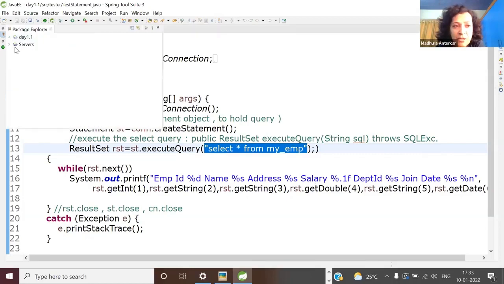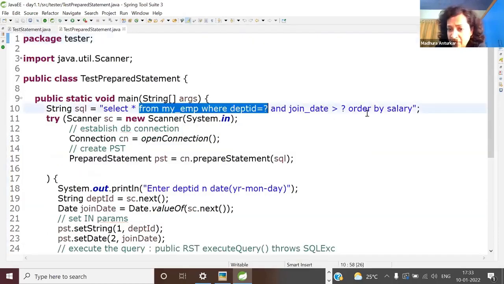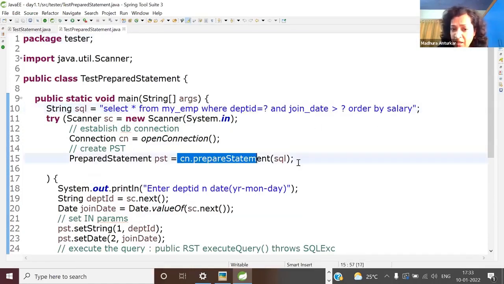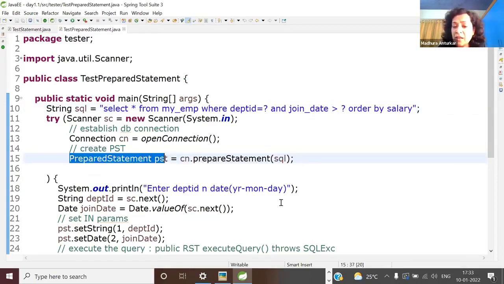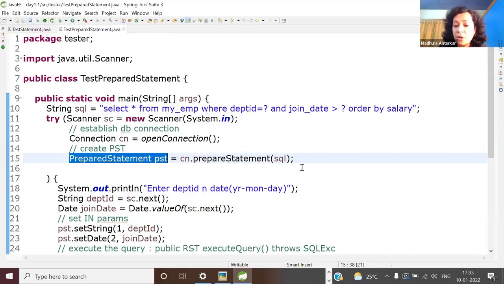Whereas what we are going to continue always using is a prepared statement. If you see prepared statement, the query is decided, with IN parameters or without IN parameters, at the creation time. So tell me, prepared statement, is it holding the query or not? Empty or populated? It is populated, holding the query. So tomorrow everyone will understand. Prepared statement represents a pre-parsed, pre-compiled statement. Now suppose the user wants to fire this query 10 times.